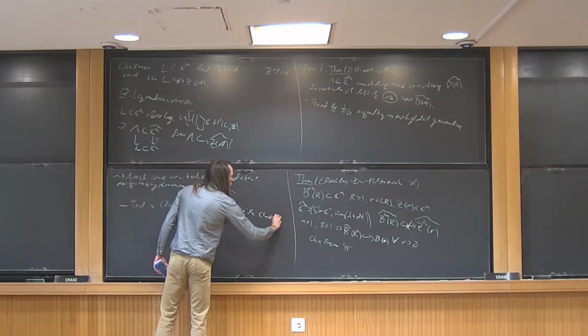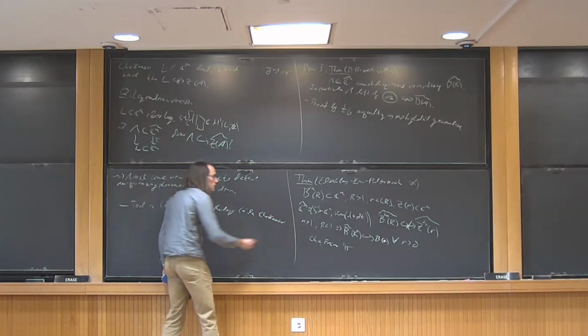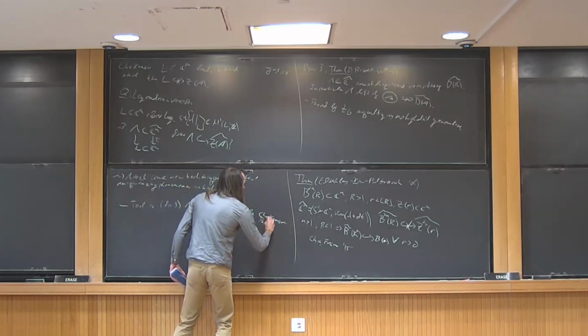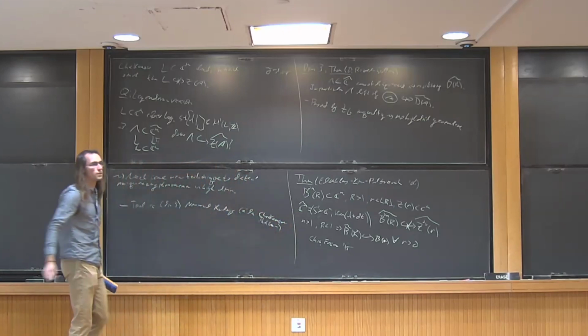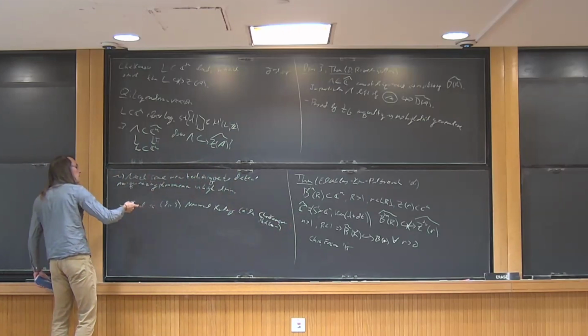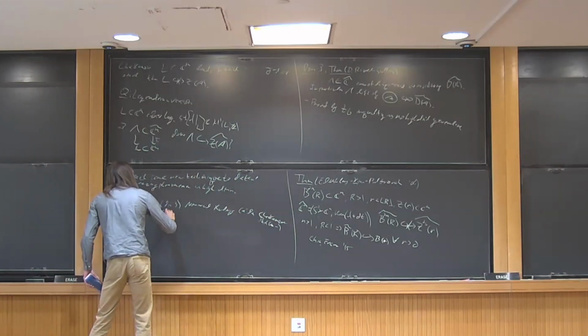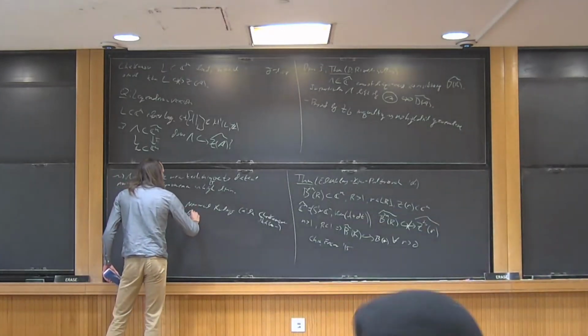This is an invariant of Legendrian knots, originally introduced by Chekanov and Pushkar. In their case, they're in the one-jet space of R, and in high dimensions, we need to use